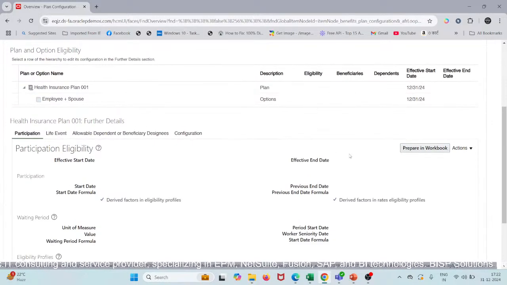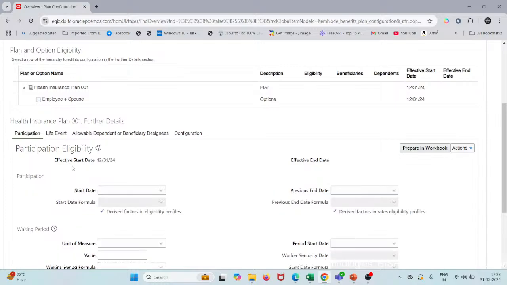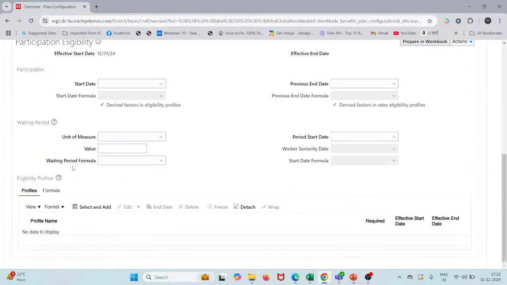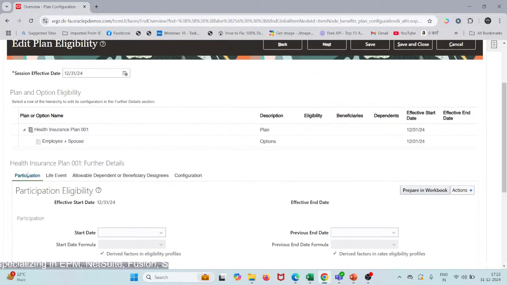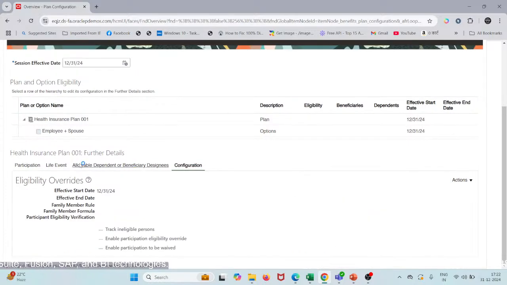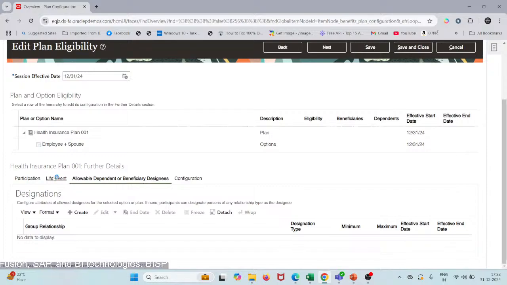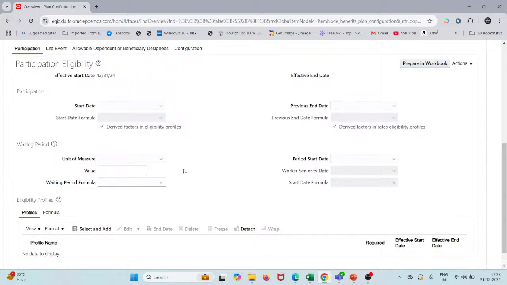So this is your participation, right? And yeah, so there's your participation and life event as well. They have provided configuration. So yeah, so before we create any